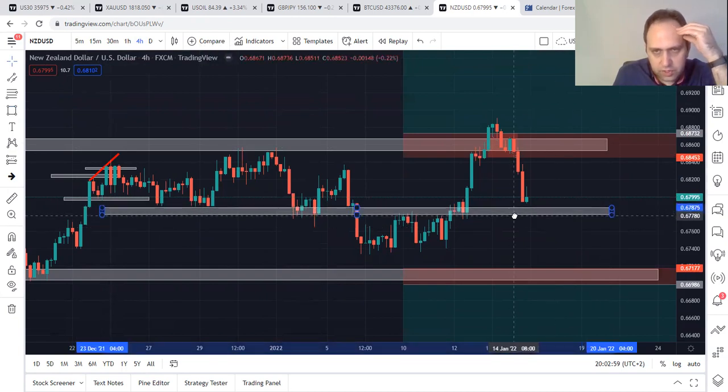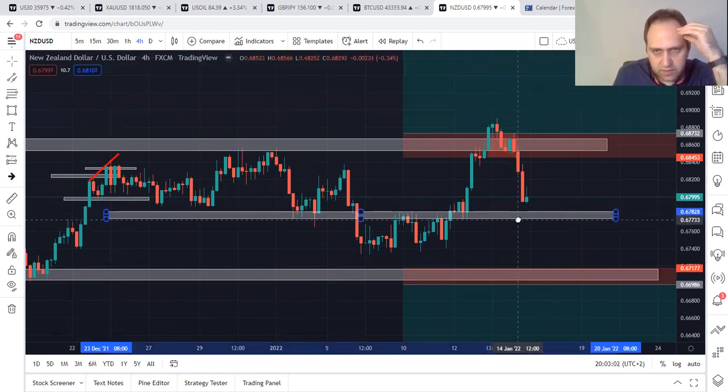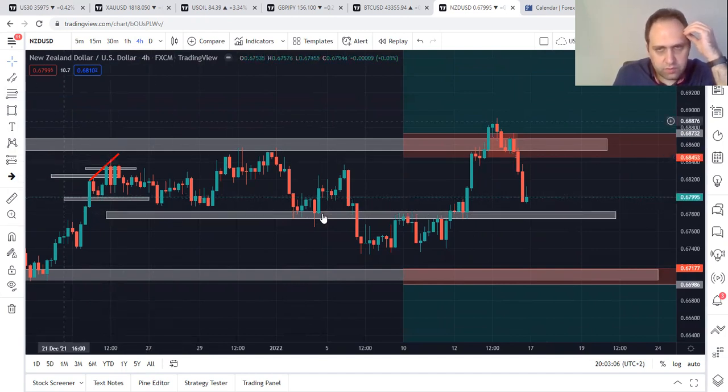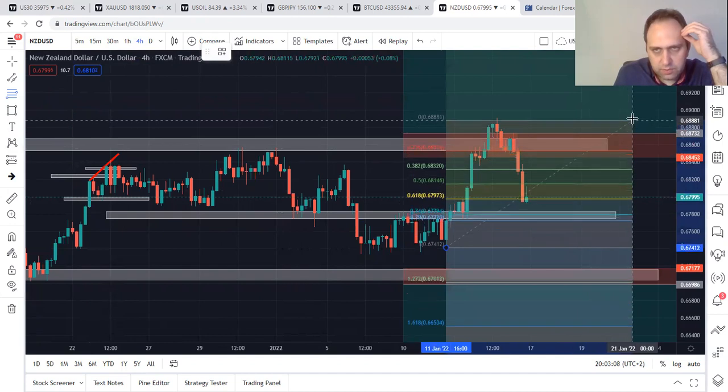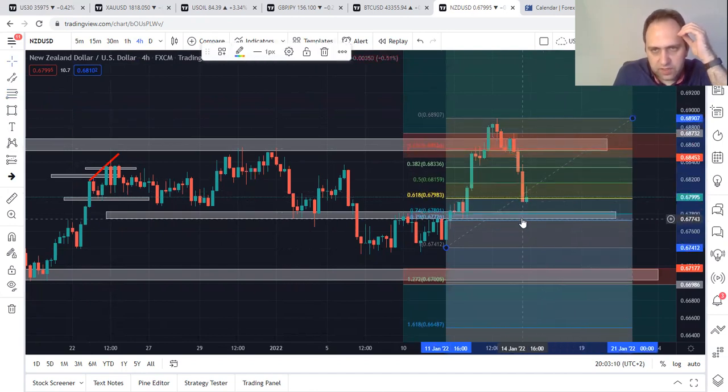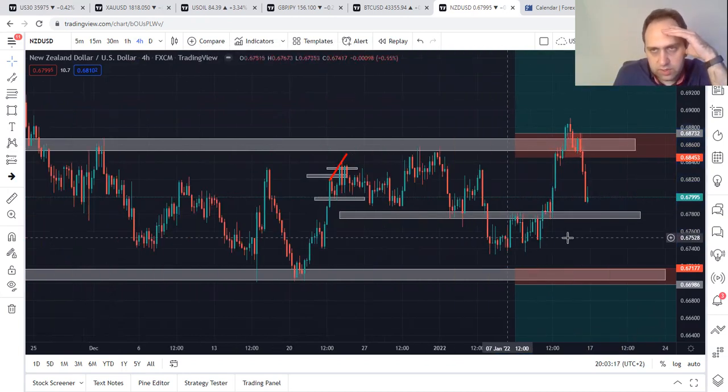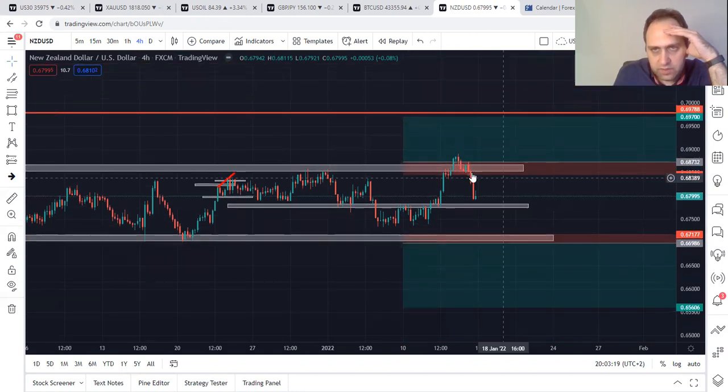I prefer to check this level. This is a very shaky level here. And I prefer it to break this level. Also, don't forget the Fibonacci is up, so it's a bit weird. 74, 79. This level will be very important, even for a sniper entry for a buy. But let's stick to this. Let's stick to the sell and the buy that we have.